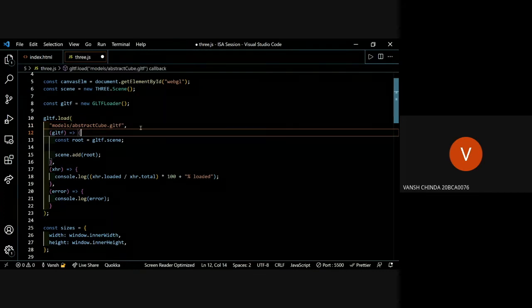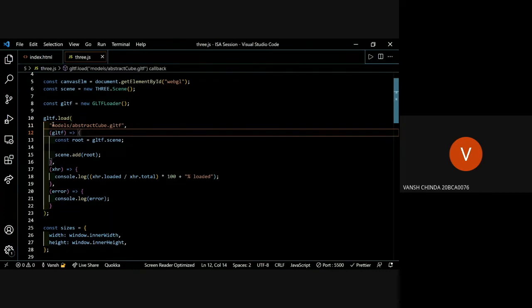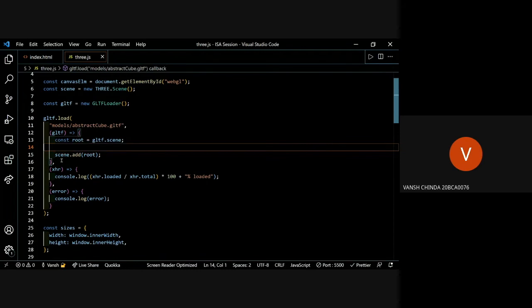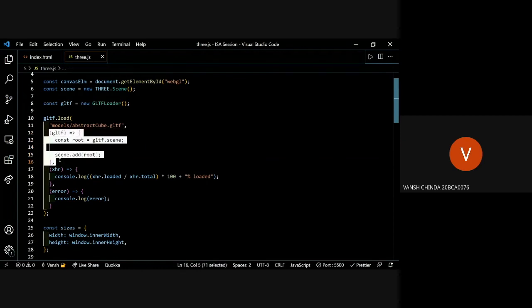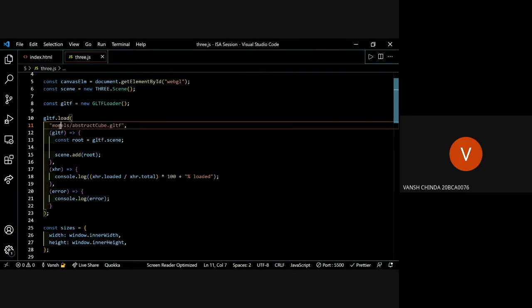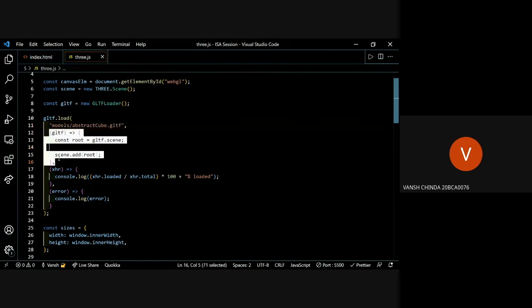Okay, so what's the next step? Now we told the GLTF load function where our GLTF file is. Now what will happen next? Now this is a callback function. Callback functions are a little tricky. So what it is doing here is, after our model has been loaded, it could be a really big file, let's say a 3 MB file, it will take a little more time to load. So we'll call a callback function after this model has been loaded.